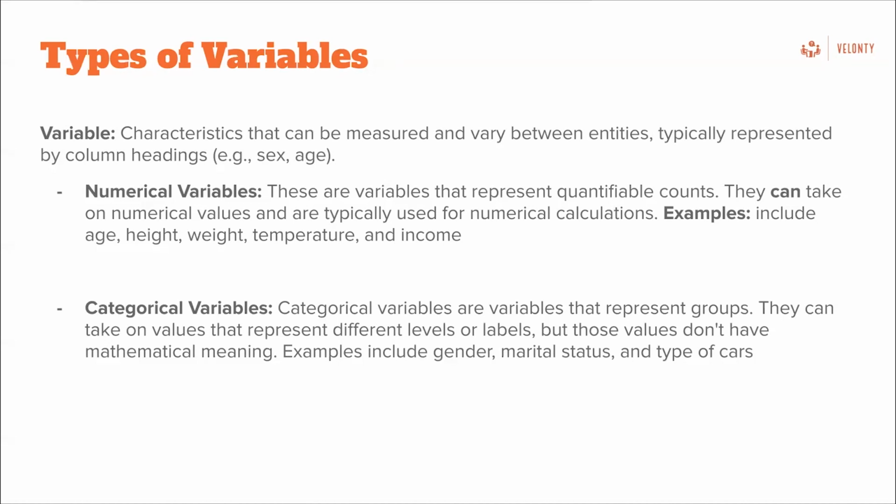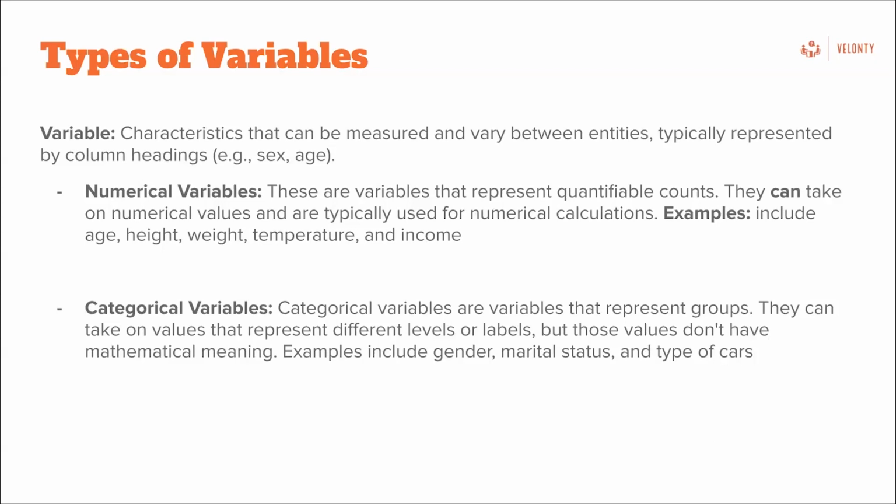Numerical variables are variables that represent quantifiable counts. They can take on numerical values and are typically used for numerical calculations. The way the name sounds, numerical, it sounds like numbers. They include variables like age, height, weight, temperature, income. So variables that are in numbers, that have decimals, are called numerical variables. There's a caveat to what I said, but I'm going to explain what that means as I go into